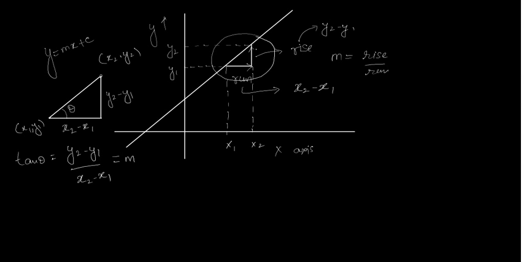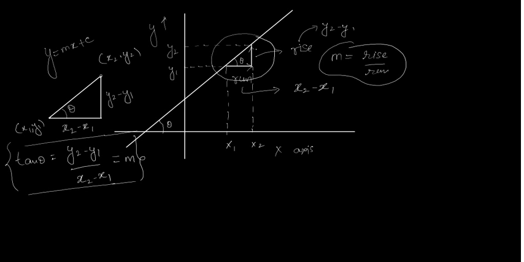Hence, from this proof we came to know that for any line making an angle theta with the x-axis, the tan of theta is also equal to the gradient of the line. Tan of theta is also equal to the gradient of the line. Wait a minute. Then